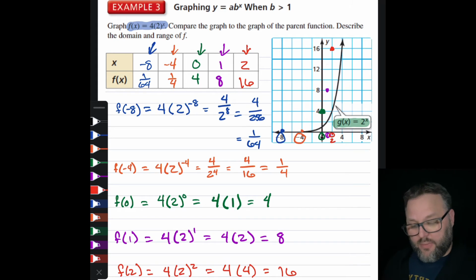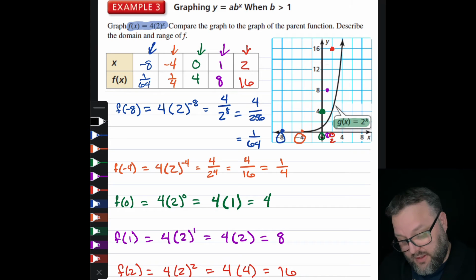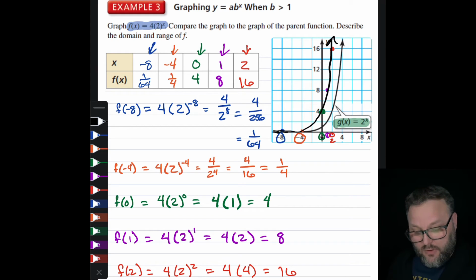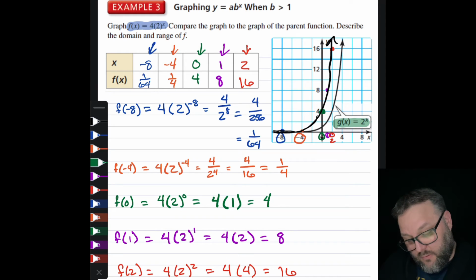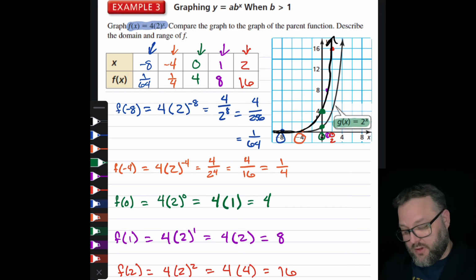Now, how we can compare it is really kind of shortcutted. We didn't have to graph it. I wanted to be able to show you that it really is the same graph. If I was able to, and I could do this perfectly, which I can't, we would find it's basically the same graph, except we need to notice that, let's pick the green at 0. Our point here should be about 1, and our point here should be about 4. So what we've done is we've increased or stretched by a factor of 4, and that's important because